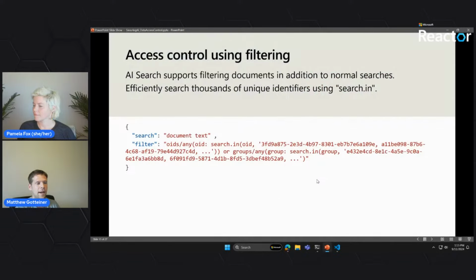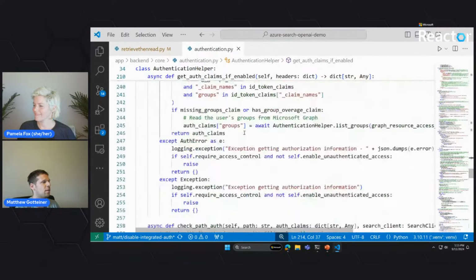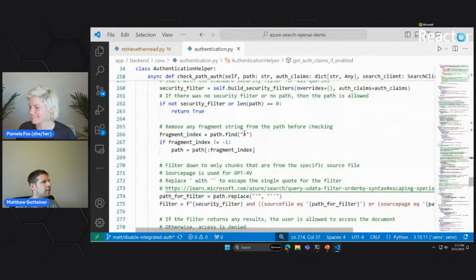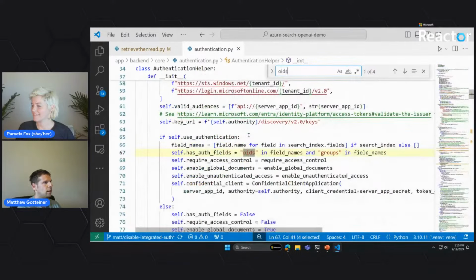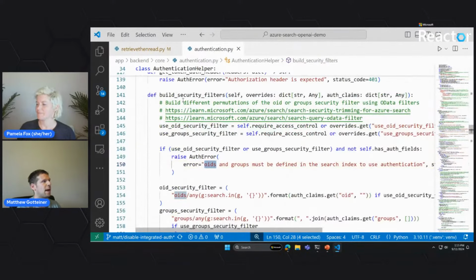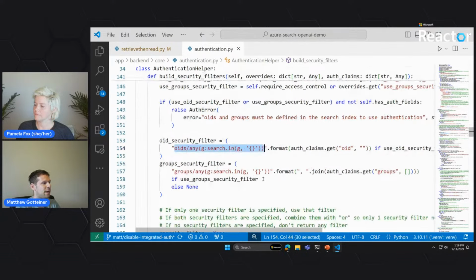So this filter is super easy to construct. If we jump into the Python code, there is some code. Let me scroll down here. There we go. Yeah, so there's some Python code in here. If you go to the GitHub repository, there's a file called authentication.py. And you can see that there's some code that basically just says, given some object identifiers, all you have to do is write this special formatted string. So you can review this code if you want to learn more about how the filter is constructed, but it's just a string that's interpreted by AI search. That's really all there is to it.